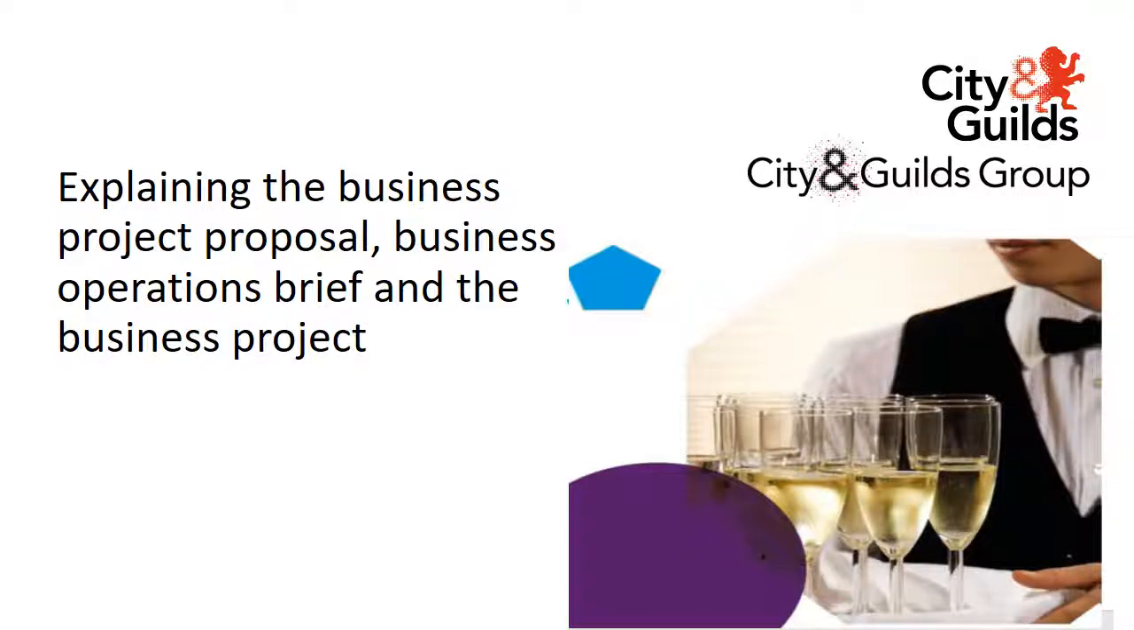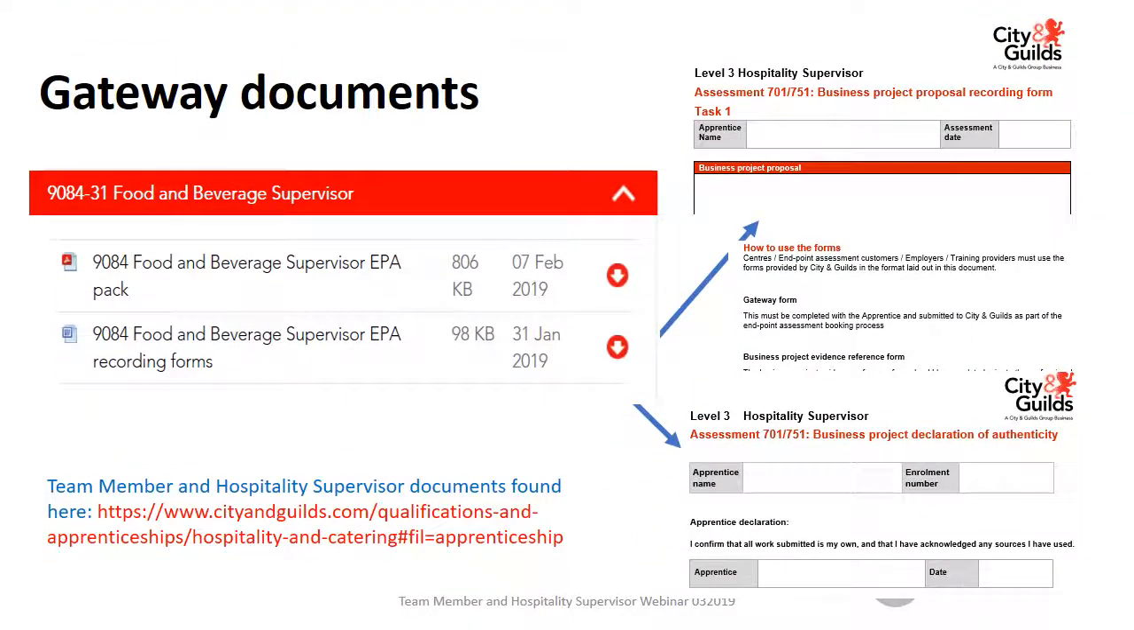During this presentation, I'm going to explain the requirements of the Business Project Proposal, the Business Operations Brief, and the Business Project for both Team Member and Hospitality Supervisor apprenticeship standards. This is part of the endpoint assessment process. The requirements of Gateway for Team Member and Hospitality Supervisor are the Business Project Proposal and the Business Operations Brief,